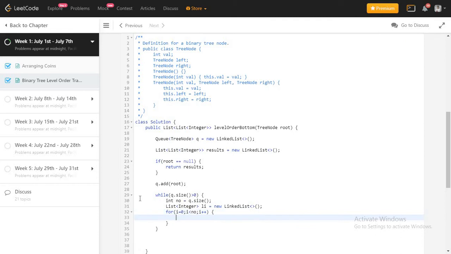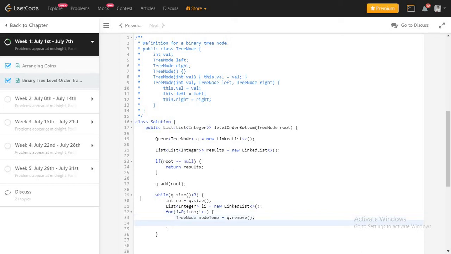Fine. Now what I'm going to do, I will remove. Since it's first in first out, whenever I call the remove method of the queue, it will remove the first element of the queue, and it will return me the element that was removed. So our type would be TreeNode. Let me name it as node temp, and then I'm going to call the remove method. For the first scenario, it will return me the root node, right? So that was the first element we inserted.